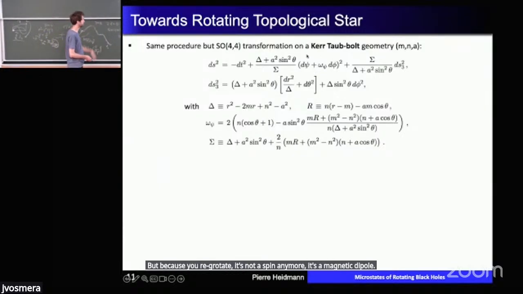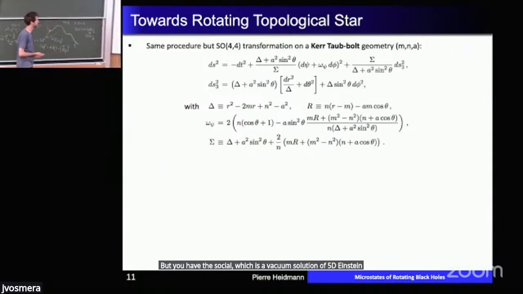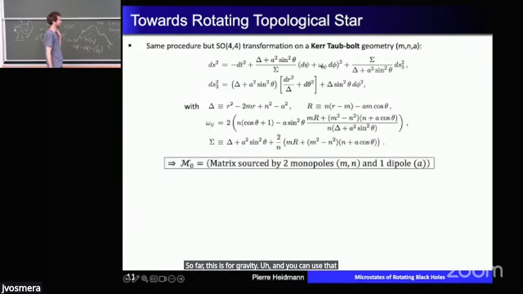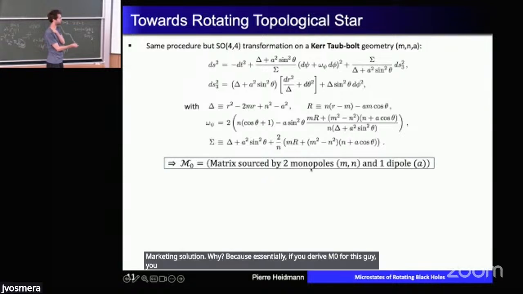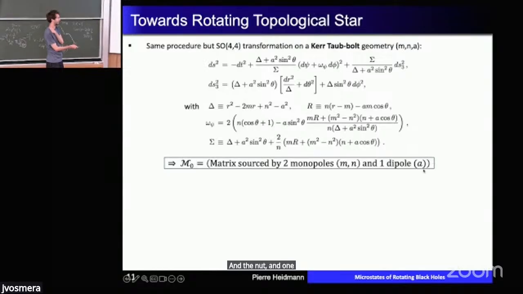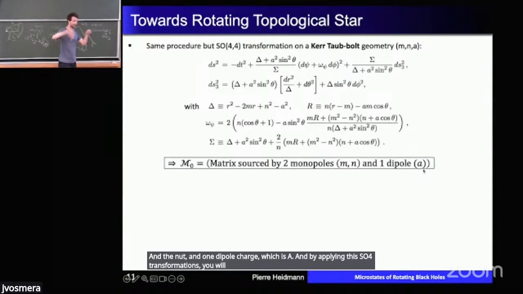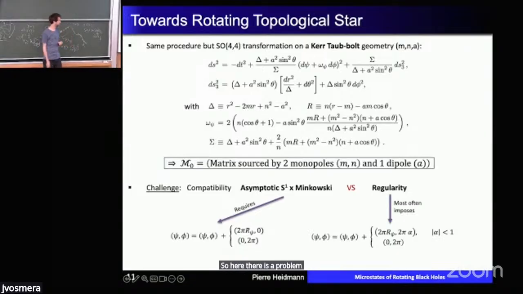But you have this solution, which is a vacuum solution of 5D Einstein theory, so 5D supergravity. And you can use that to generate rotating solutions. Why? Because essentially, if you derive the charges for this guy, you will also get 2 monopole charges, which are the mass and the nut, and 1 dipole charge, which is a. And by applying these SO(4) transformations, you will put the a elsewhere in the fields so that you might make something rotating. So here there is a problem, which is a bit related to what Nick was saying,